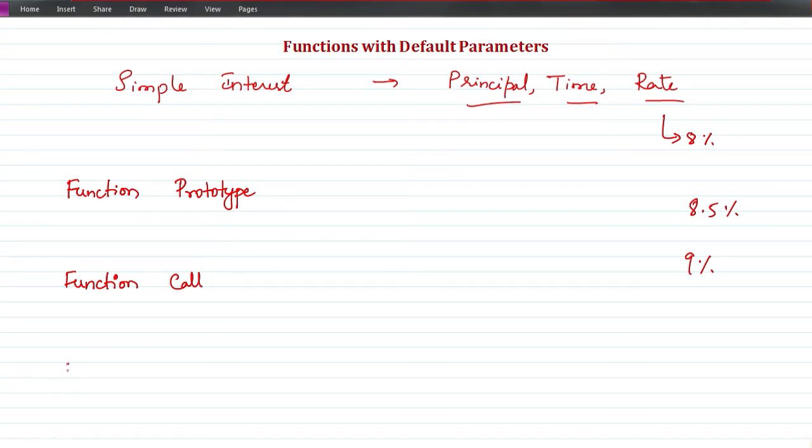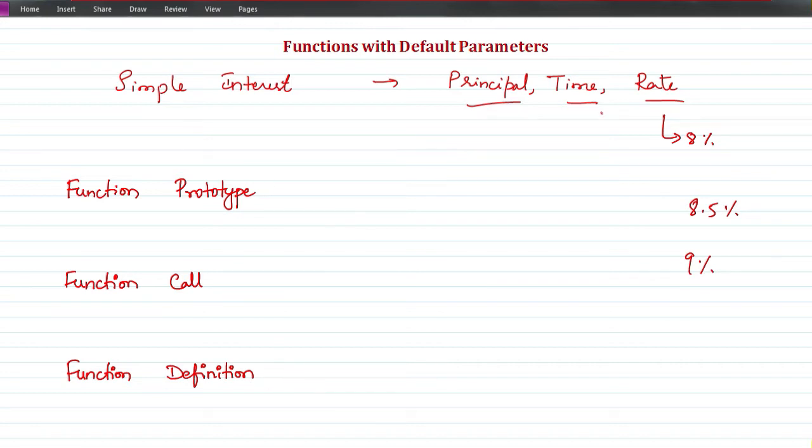Next, in the end, after main, we write the function definition. In case of a normal function, if it is a member function, we will define it with scope of the class before main itself. Whether this is a normal function, that is an independent function, or a function belonging to a class called a member function, whichever type of function it is, this is the procedure for creating and using a function. We need to declare it, we need to call it, and we need to define it.